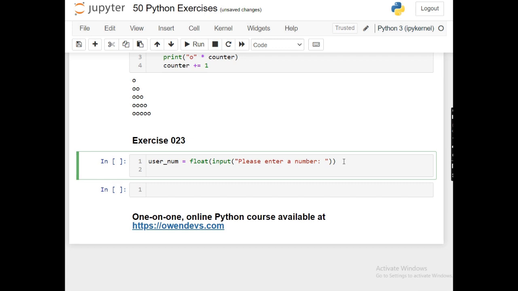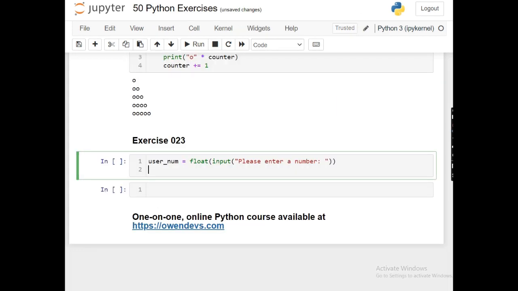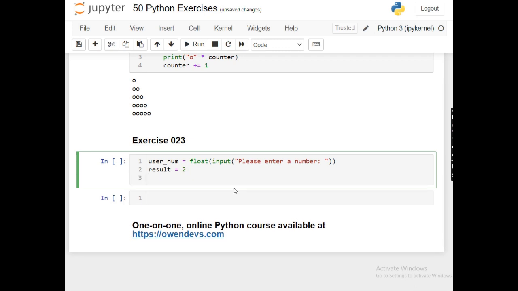Then let's look at that again. The program should repeatedly divide the number by 2 until the result is less than 1. Okay. So we have a result, which initially should be greater than 1. It can be any number, doesn't matter for now. So while result is greater than 1,